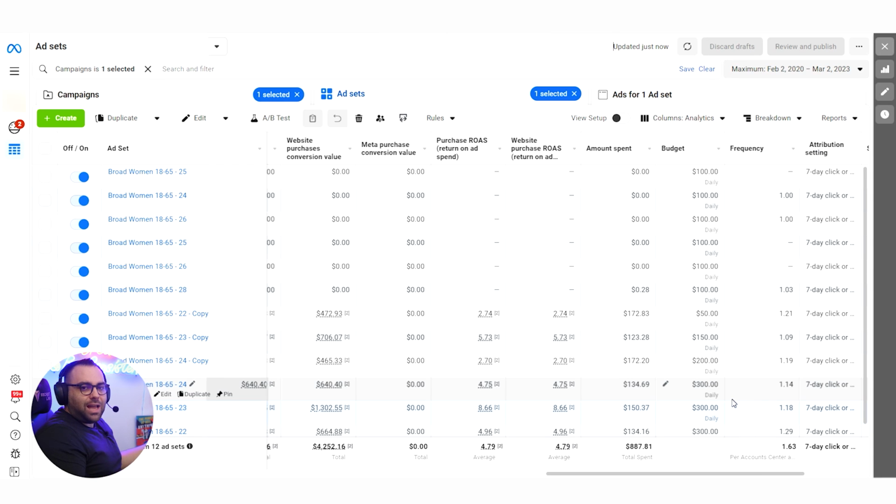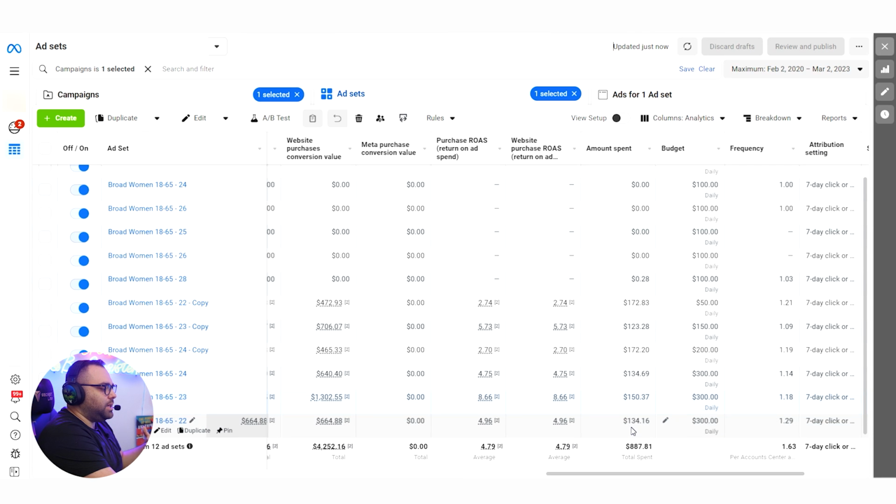But all of this needs time, duplication, your ads are going to die from time to time. You need to come here and watch if something is looking like it's spending, you give it more budget. But keep in mind that even when you scale a lot, it's a very controlled situation, because Facebook is not spending a lot of money on it anyway. Most of the time they work for 2-3 days and then they die.